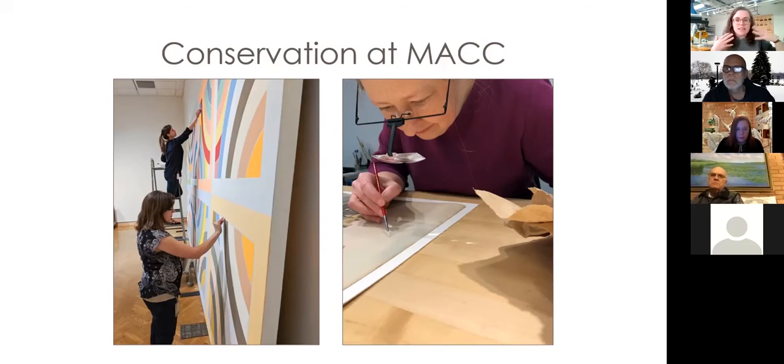So we at the Midwest Art Conservation Center, we're a regional center, which means we work with smaller institutions that may not have a devoted conservation lab, as well as places like historical societies, small university art museums, and also private collectors and communities such as tribal community collections. So we work very broadly, and we work with a really wide variety of objects, which makes